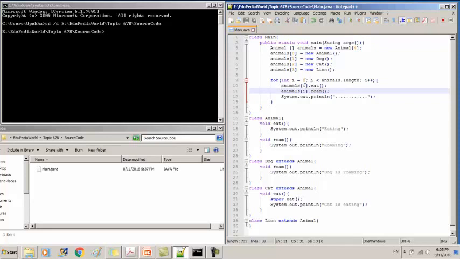When i is 0, that means the 0th index position of the array, it is calling the eat method and the roam method from the animal class. Now when i is 1, that means index position 1, it is calling the eat and roam methods from the dog class. Now in the dog class, the eat method will be this one